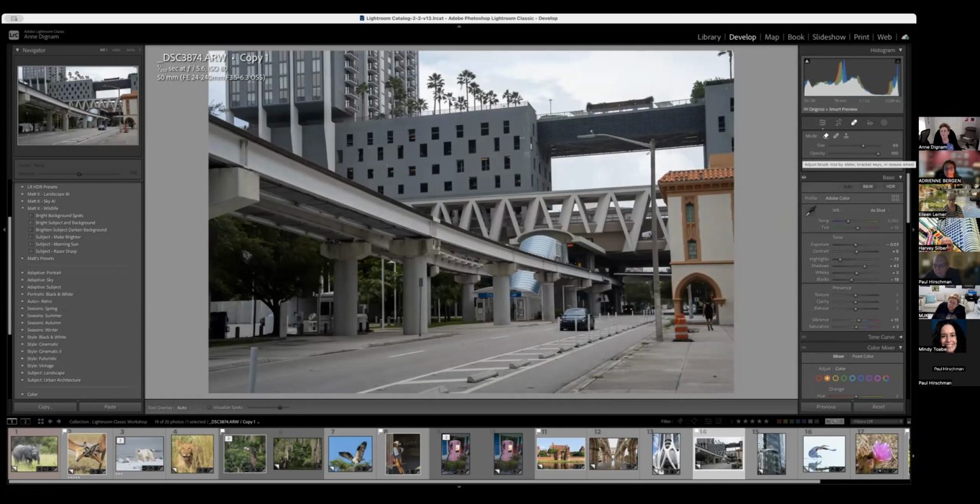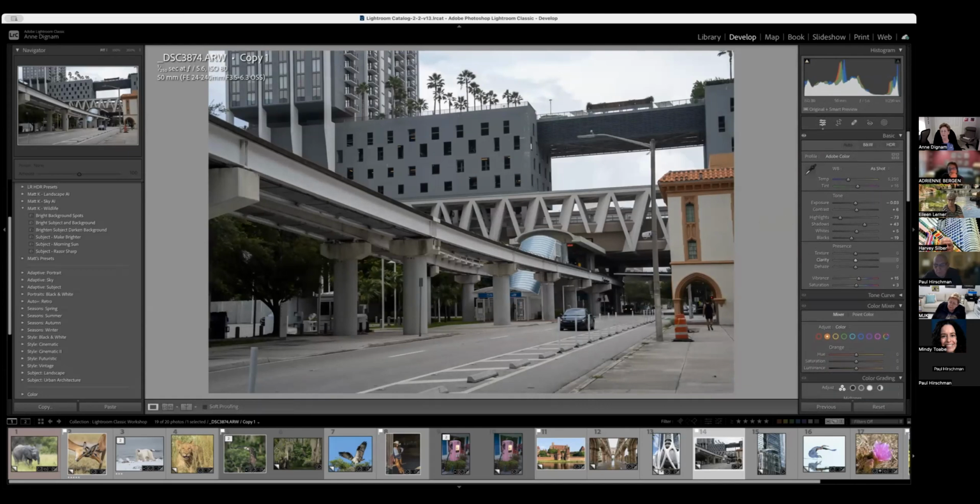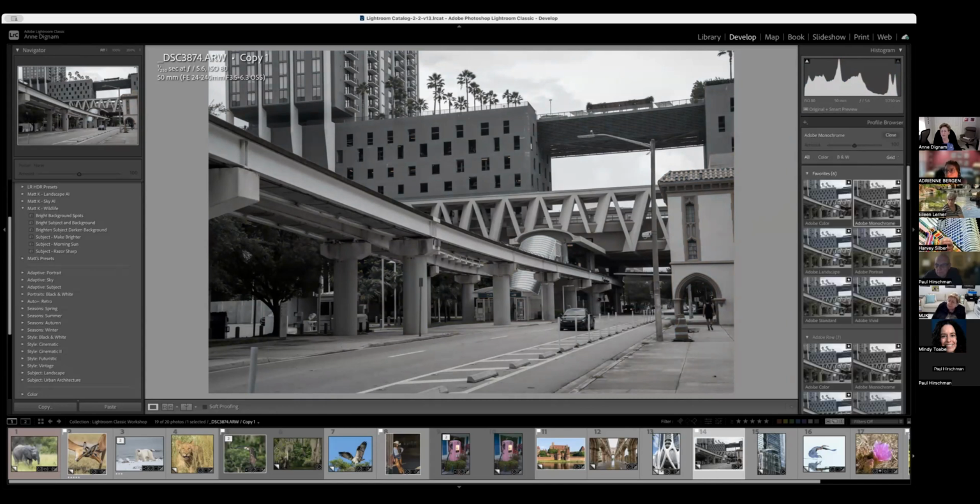Not much. Okay, let's get out of here. I'm going to hit black and white. I like the black and white better. So if I wanted to stay black and white, here's a place to play. Go here to those little squares and come down here